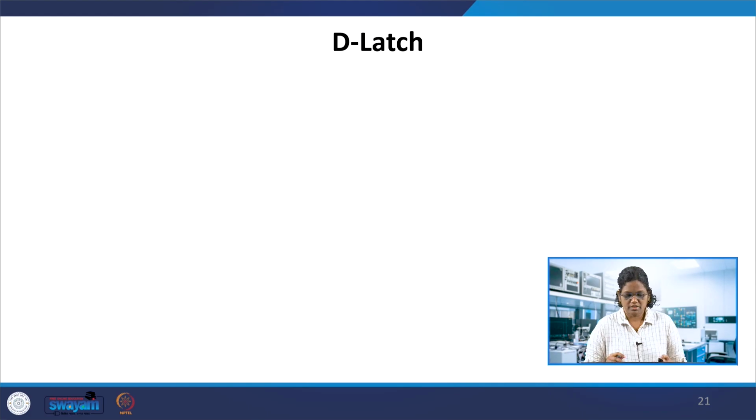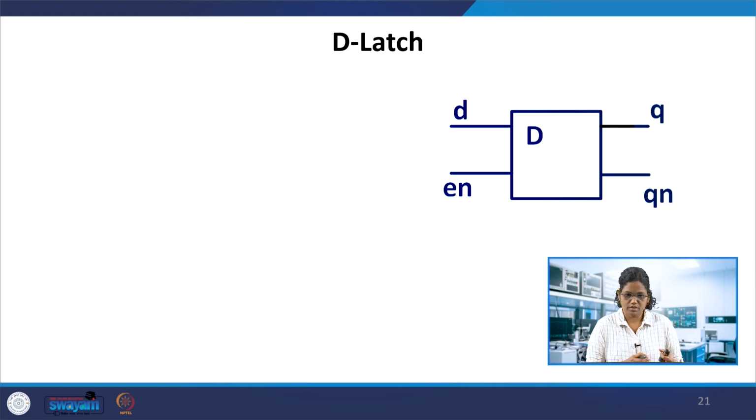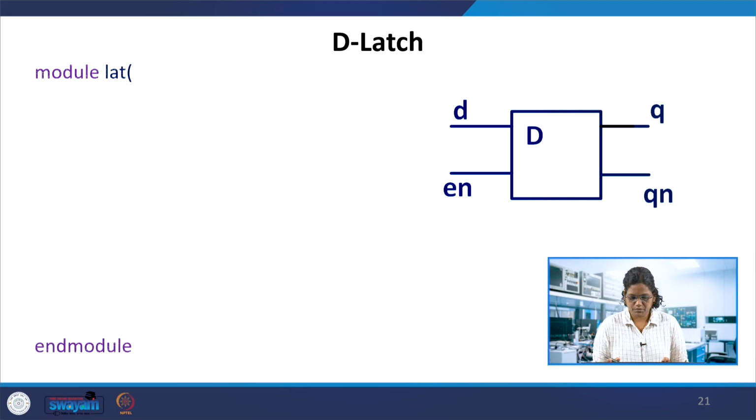So next, coming to the D latch. We have seen the D flip-flop without any reset or preset, D flip-flop with asynchronous reset, and D flip-flop with synchronous reset. If you consider this latch, it would also store 1-bit information, the data bit storage. If D is 1, then it can be used to store the information. These latches are not edge triggered devices, that is, clock edge triggered. They are level triggered devices.